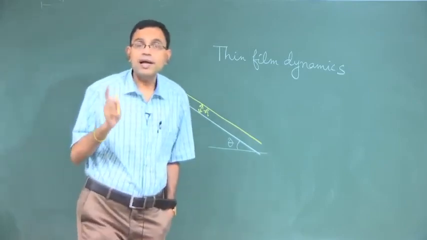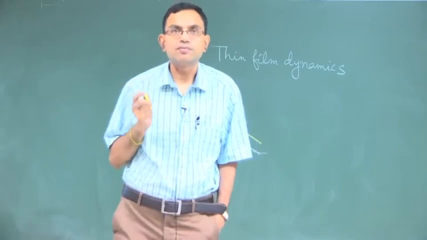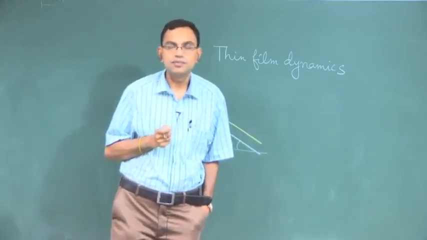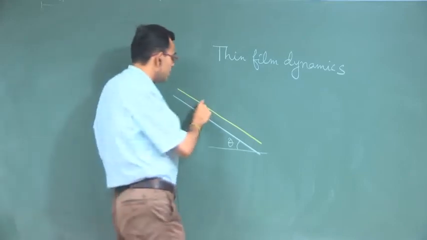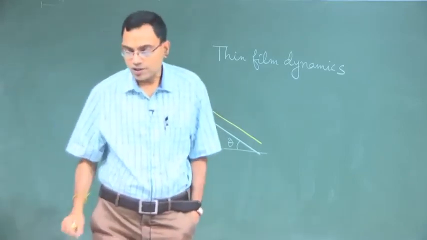I am not committing at this moment whether this height h is a constant or a variable. That is the key to my discussion. For the time being, we are assuming this height as some height h,